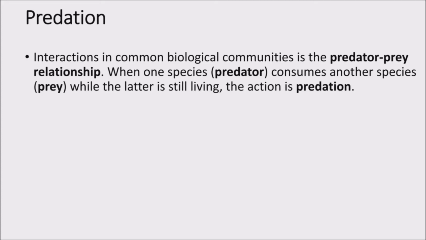There are a few terms. Actually, not as many as before. So what is predation actually? That's where we're going to start. Predation is the interaction between two groups. One group we call predators, the other prey. So how their interactions affect their populations, that's what we're going to look at here.